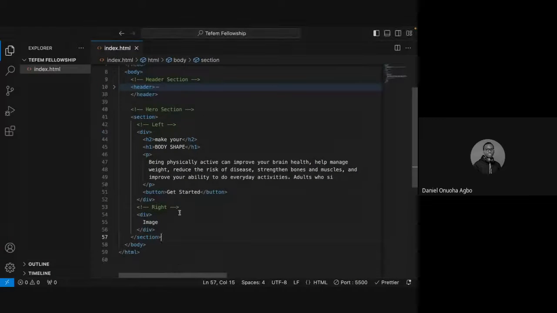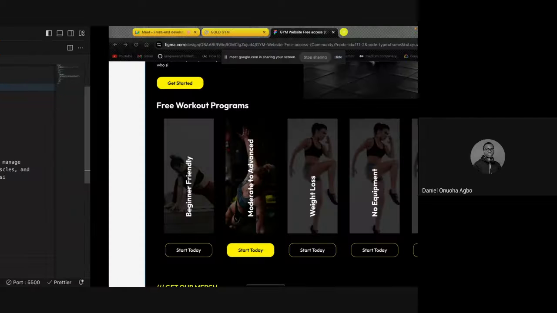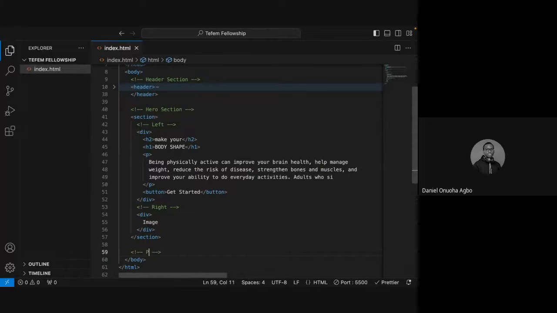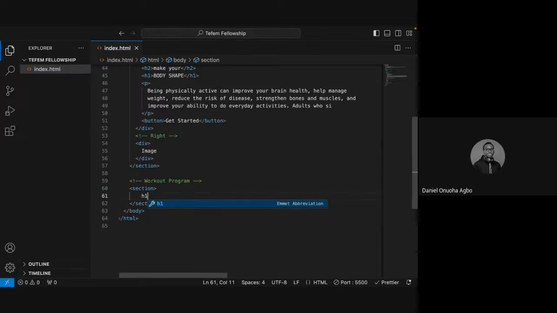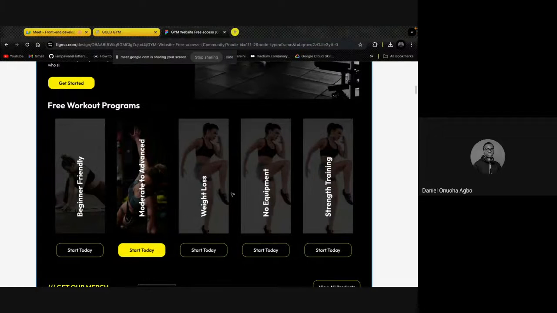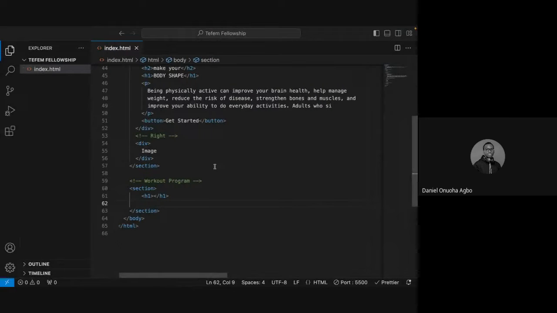So I'm going to create a section and call it workout program, so that I know it's the workout program section. Then inside it we have the h1. Then we have 5 divs. If you look closely, what I'll do is first create a parent